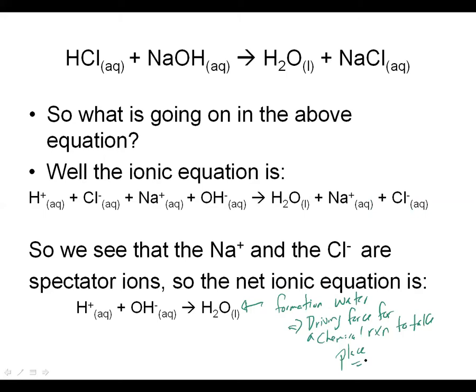The formation of a solid, which is a precipitation reaction, is another sort of driving force for a chemical reaction. And the third driving force is the formation of water, like we see here. So that's a very big sort of force. The H plus has an extremely high attraction to OH minus. So when those two guys get near each other, they oftentimes want to make water,